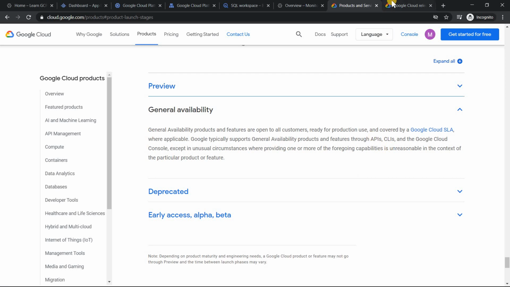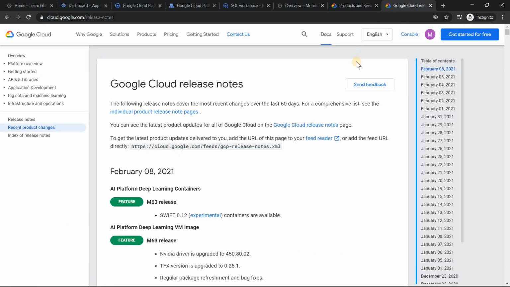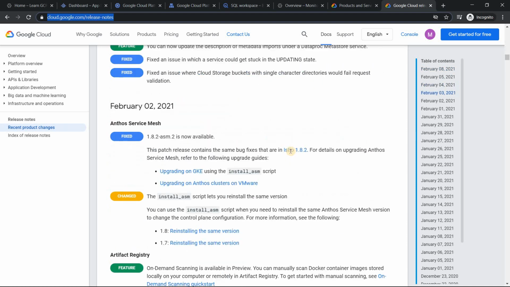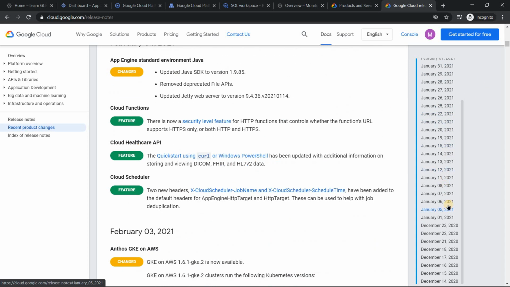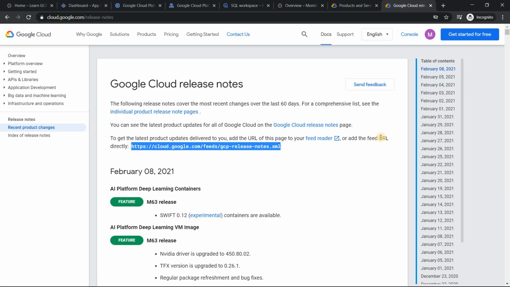The material till yesterday, which most of the cloud architects were using, was this URL, cloud.google.com/release-notes, where it shows all the products' release notes. You can also get an RSS feed if you want, just copy this. So this was a good one, but you have to search it. You see the history, it goes back a long time, so it becomes a little difficult for everybody to scan through it,